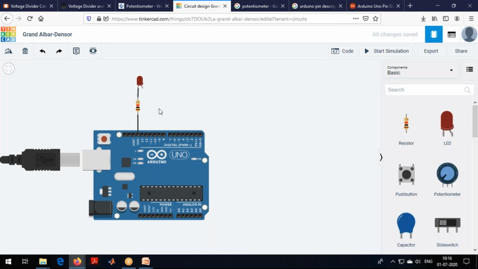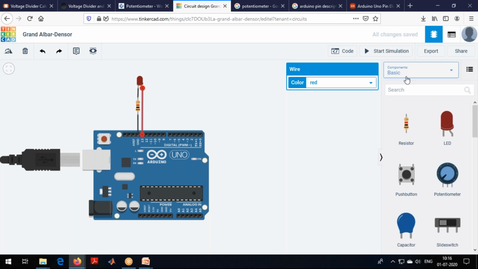So that is the reason I am connecting this LED to a digital pin. I hope it is clear why we are using digital pins rather than analog pins. One reason is this LED, we are making it an output device. That means from this board we are giving some signal to the LED. These particular pins A0 to A5 can act only as input pins. So I cannot connect the LED to analog pins. I need to connect to digital pins only.